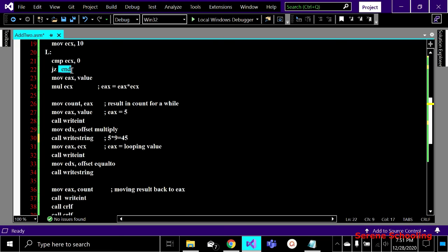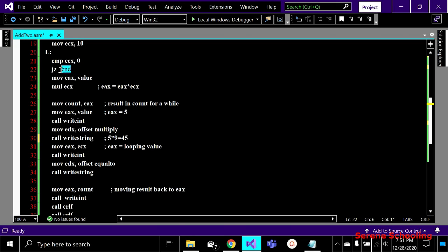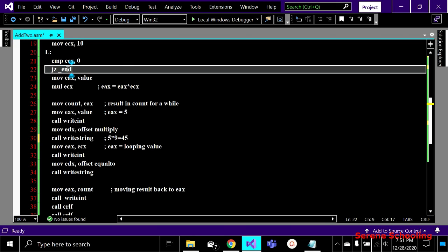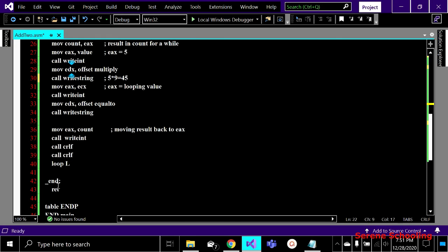Jump to this label. We will write the code for this label later. So if ECX and 0 both are 0, right, then we have to jump here. In the previous iterations we were ignoring this statement because ECX and 0 were not equal, but now they both have become 0, so we have to go to this label, and inside this label I am just simply returning, which means just go to the main procedure.